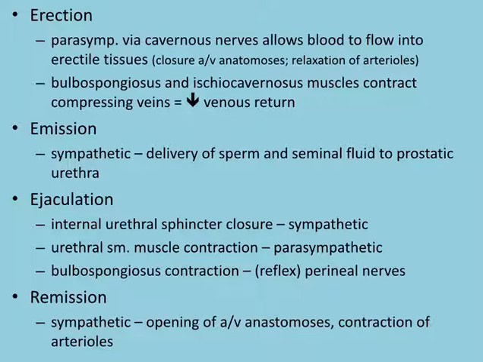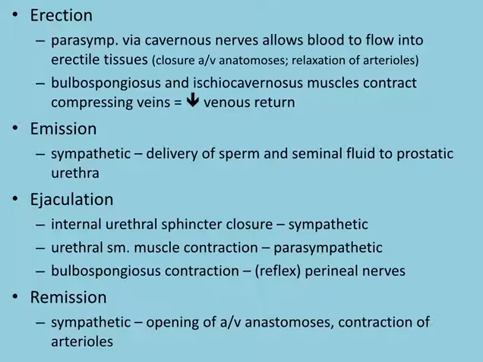The bulbospongiosus and the ischiocavernosus muscles are also stimulated through the perineal nerves to contract. And what they do is they compress the veins, and by compressing the veins, you decrease venous return, which also helps to facilitate erection. Emission is the process where sperm is delivered and seminal fluid is delivered to the urethra,